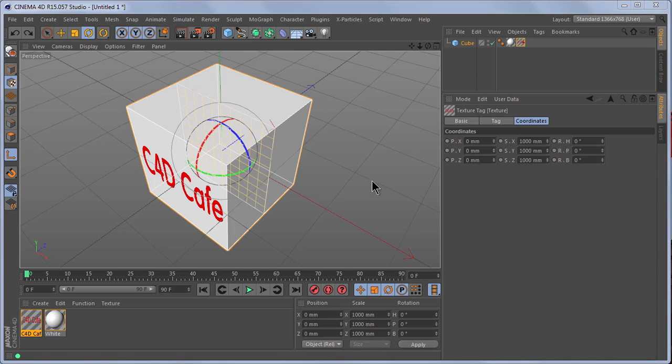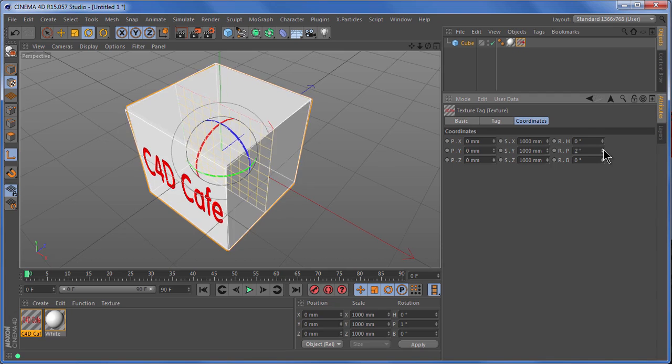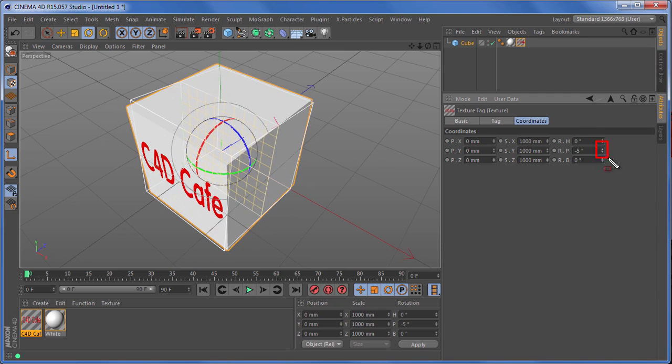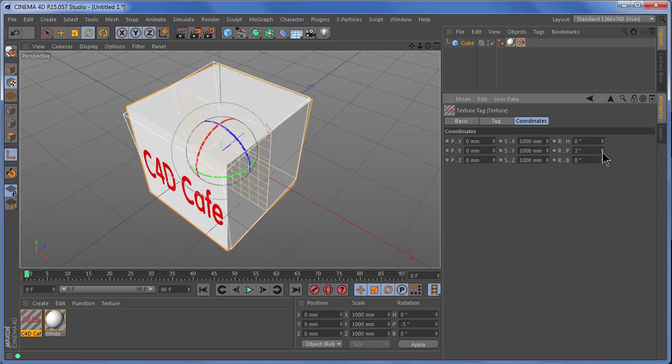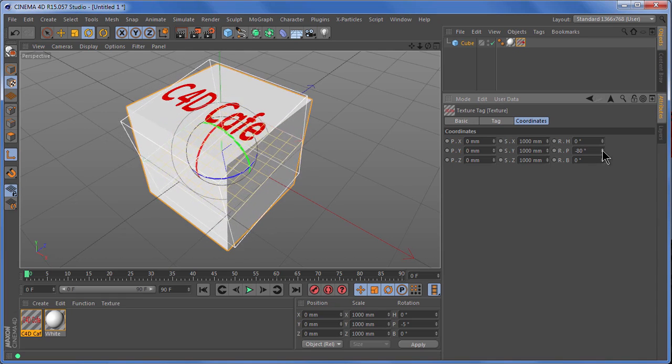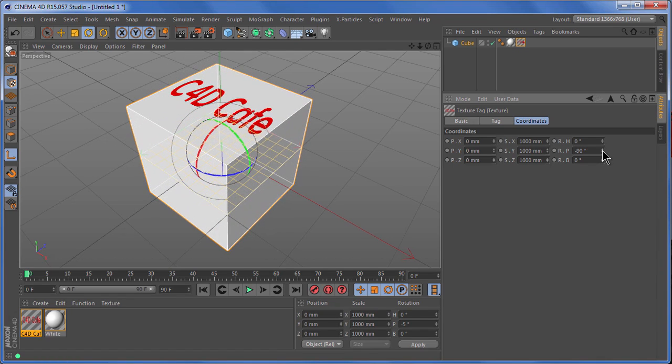You can do it interactively in the viewport, or you can do it, and I'll just drag on the slider here. So I'm dragging on the little spinner there. Okay, so what did we have? Minus 90. You can do it precisely using the coordinates. So at the moment, because I'm in texture mode and